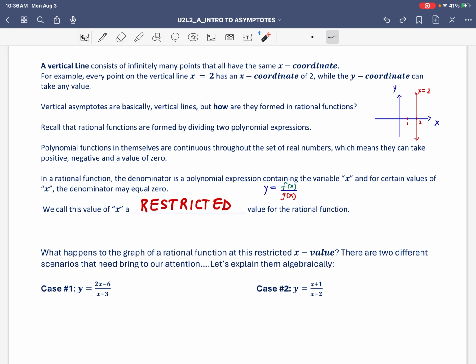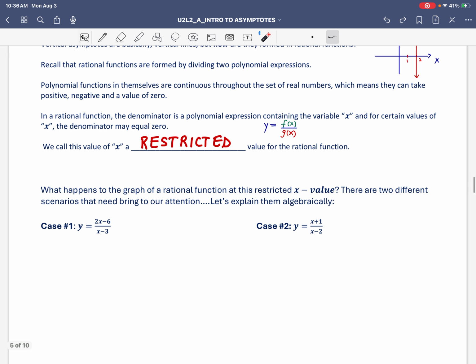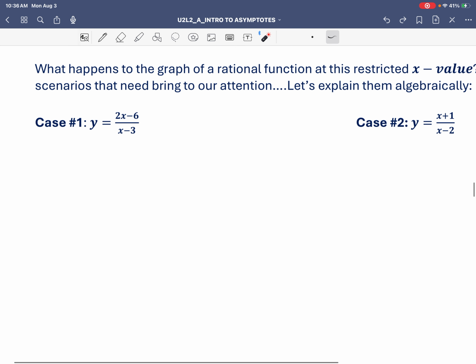Now, what happens to the graph of a rational function at a restricted value? There are two possible situations. In this lesson, we'll examine both cases and explain them algebraically. Case number 1: y equals (2x minus 6) over (x minus 3). So first of all, what we want to do is